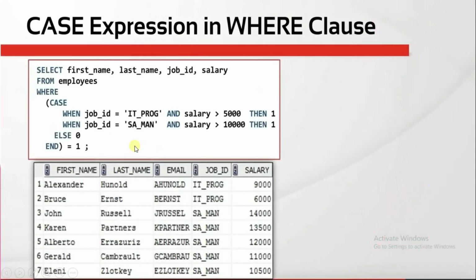Then moving to the case expression in the WHERE clause, we can use the case expression in the WHERE clause also. SELECT first_name, last_name, job_id, salary FROM employees WHERE, within parentheses, CASE WHEN job_id = 'IT_PROG' AND salary > 5000 THEN 1, WHEN job_id = 'SA_MAN' AND salary > 10000 THEN 1, ELSE 0 END, close parenthesis, = 1;